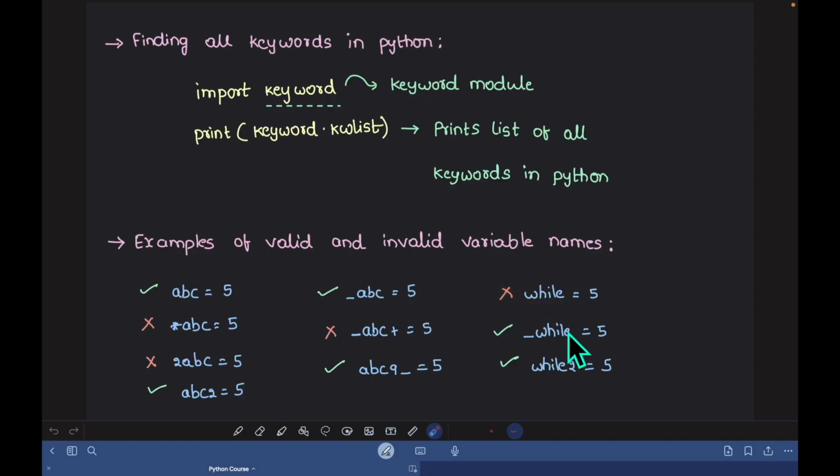Here you can see while is different than underscore while. This while is a keyword, but when you write underscore while, it's a different word altogether. So here if you can see, the first character is underscore, which is fine. The subsequent characters are also letters, which is fine. Even in this case, the first character is a letter. The subsequent characters are only letters and a digit. This is also allowed. So I hope now with these examples, you are able to understand the rules for naming